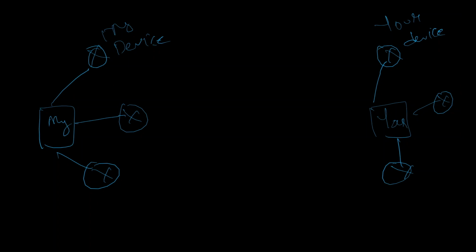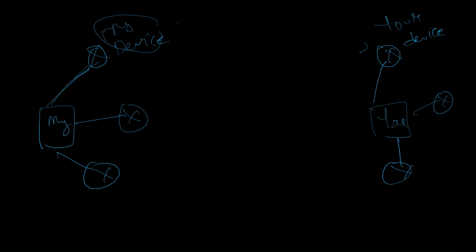Now if my device wants to send a packet to your device, they can't communicate like this. My device doesn't know about the presence of your device, and doesn't know where it is. So this can't happen. Let me erase this. So my device sends a packet to my router,